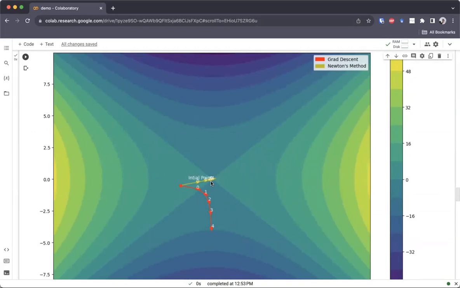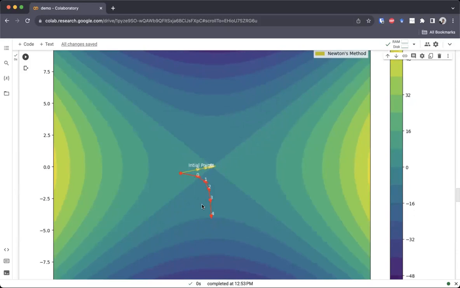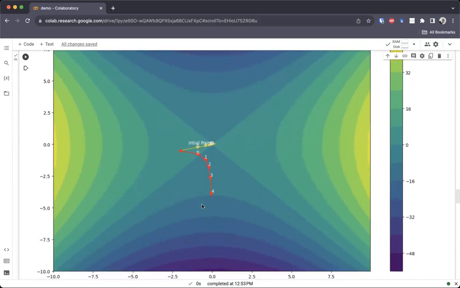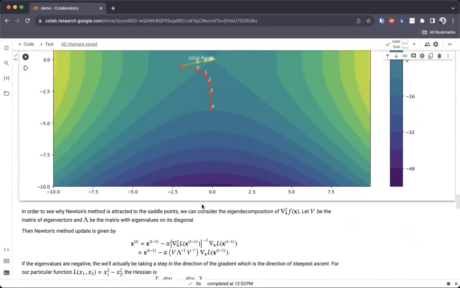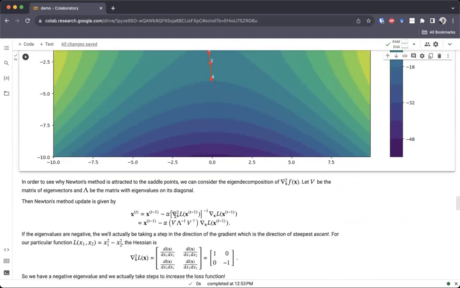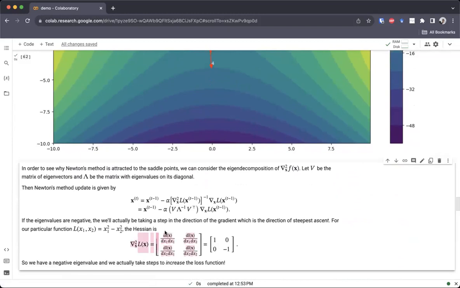Now, I didn't know why this was, so I wanted to look it up. The reason why it does this is a little bit technical. I'll explain it briefly, and if it doesn't make sense to you, that's fine. If you are curious about it, I want to give you an explanation. The reason that it does this in this case is because you can think of this Hessian matrix, and you can take its,